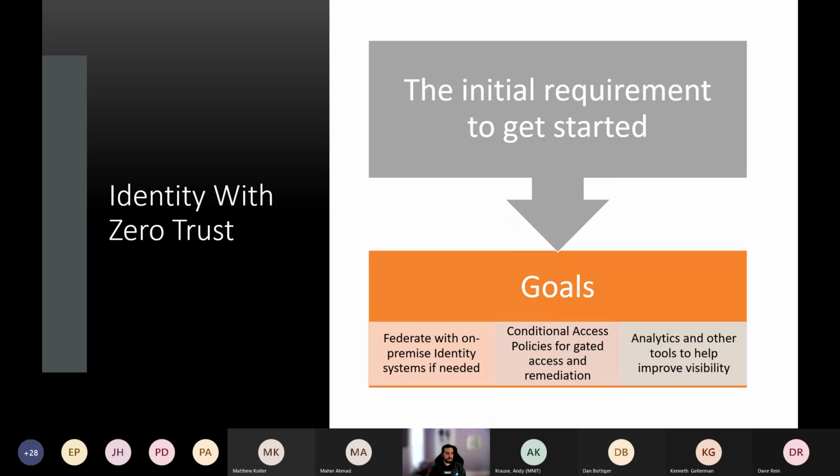So again, focusing on identity, a couple of the goals that we have right away are, what do we need to have a basic zero trust model? Well, for identity, we need to start doing federation if we have our on-premise identity system. So if we're still on-premise, as again, I think almost all of my clients are. I have a few that are actually all Azure AD now, which does make things quite a bit easier. But we need to have a synchronization there so the identities